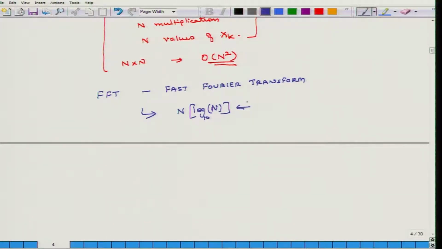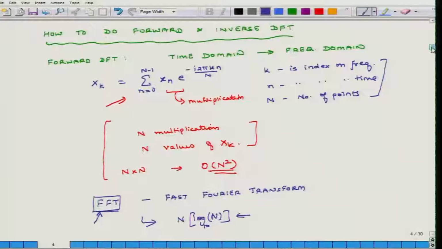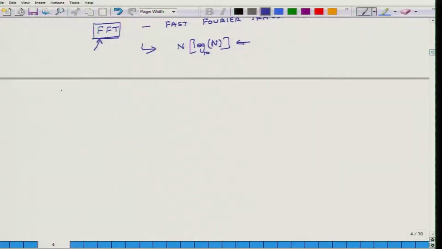So, one algorithm is Cooley-Tukey, another algorithm is offered by Brun, another algorithm is known as prime factor algorithm, and there are so on and so forth. So, the point is that in literature most of the times, 99% of the times, you will hear this term FFT and you will not hear DFT. So, you may get confused, but please realize that FFT is just a special and a faster version of DFT. So, once you know FFT or DFT, you can convert time data into frequency domain, and then for the inverse transformation,